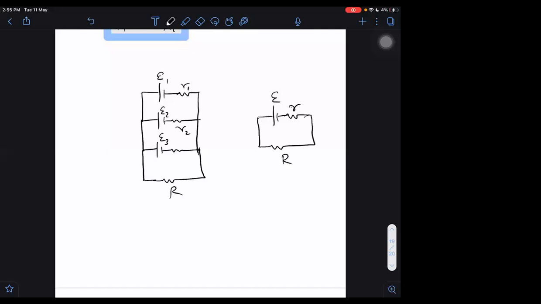Can we take some reference? Yes, we can take. Which one should we take as reference? Two loops, any two loops. Let me take this side as reference, then this side I will take as reference. On the other side I am assuming the potential to be V. If it is V on the other side, it is V, V, V here, and 0, 0, 0 on this side.